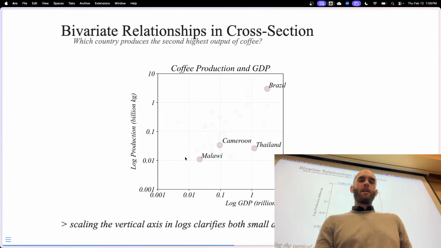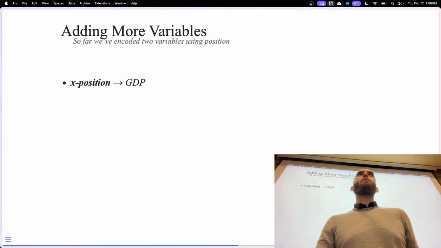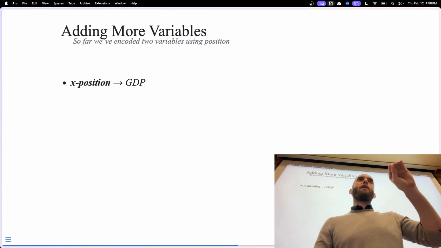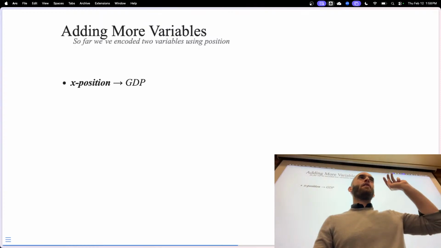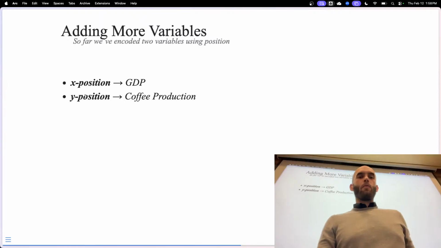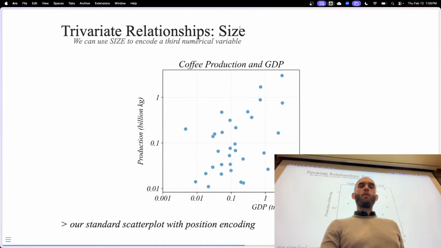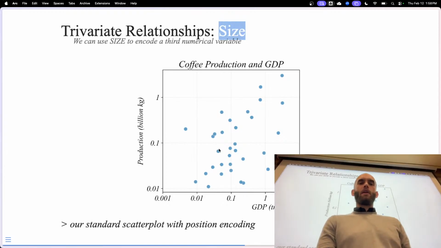So we just talked about 2 dimensions of data. So we have coffee production and GDP. But sometimes we want a third variable. We don't do this very often, but we can visualize numerical variables in 3 dimensions on a 2-dimensional figure. So what we've done so far is encode the horizontal position as GDP and the Y position as coffee production. When we want a third variable, one thing we can do is change the size of the scatter points. This is sometimes called a bubble plot,